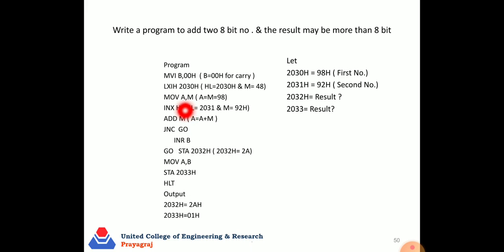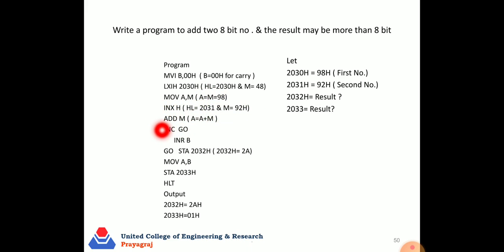So the content of the first number, the content of 2030, is copied to A. Next INX H, that means increment of register pair HL. HL becomes 2031, and in this case the memory is 92. The first number is in the accumulator.